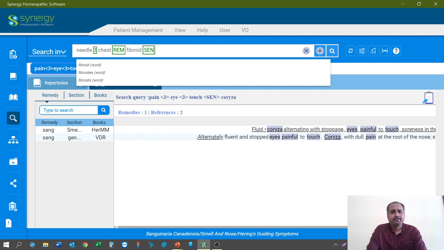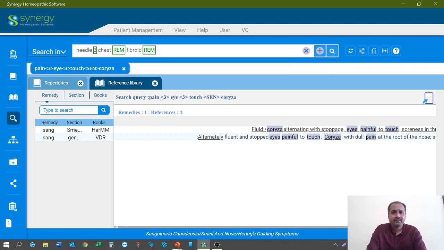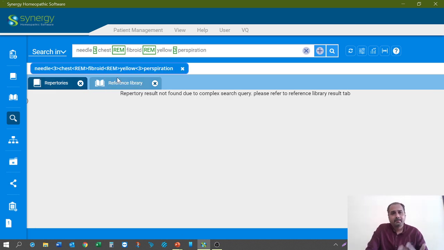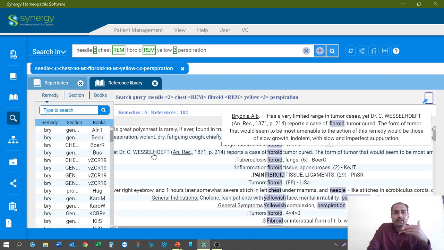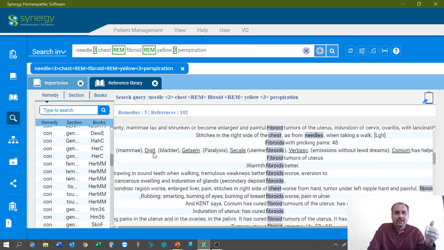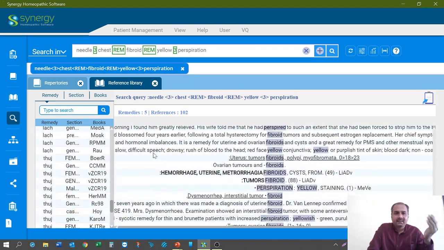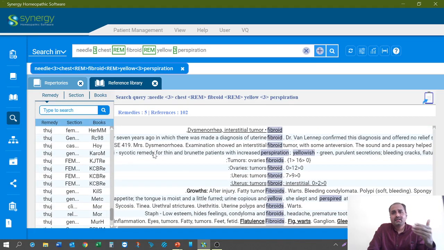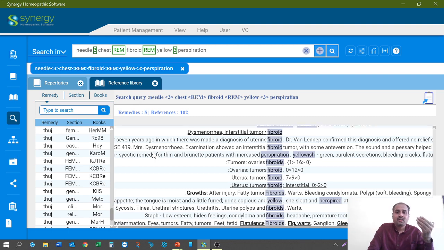and then in the same remedy yellow perspiration. And when I make a search, the repertory does not understand that language. So when we go in the reference library, we have 5 remedies: Bryonia, China, Conium, Lachesis, and Thuja. With the other symptoms available in the case, I could strongly prescribe Thuja, and with a great